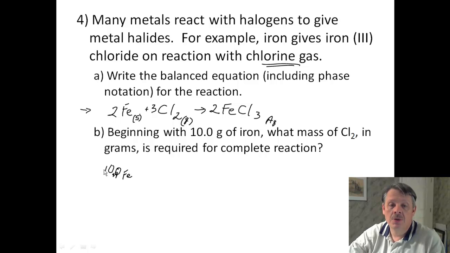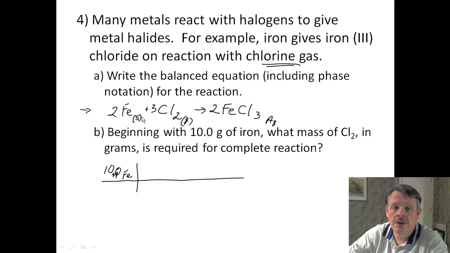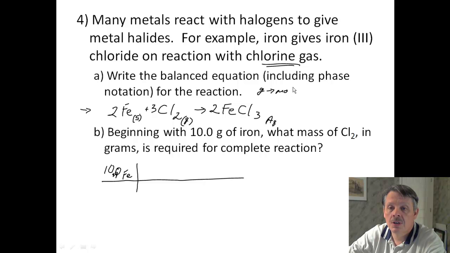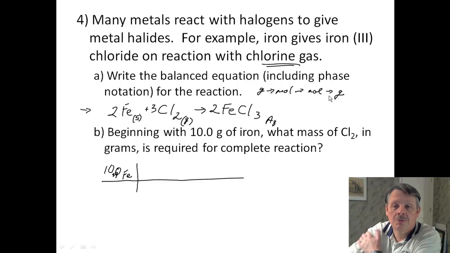So now we can actually use this information to go and do some stoichiometry. Now we're trying to convert from grams of iron to grams of chlorine. But you can't convert from grams of iron to grams of chlorine. You have to go to moles first. So you have to go from grams to moles of your starting substance to moles of your target substance and back to grams, because that's what it's asking for. So that's what we're going to do. So we start with 10 grams of iron,